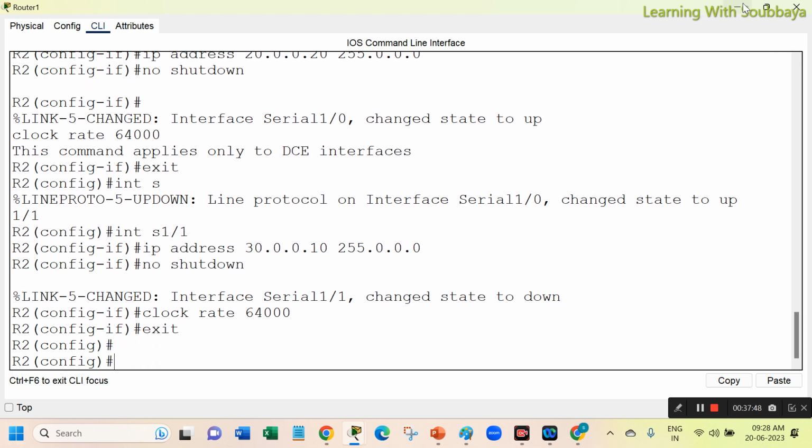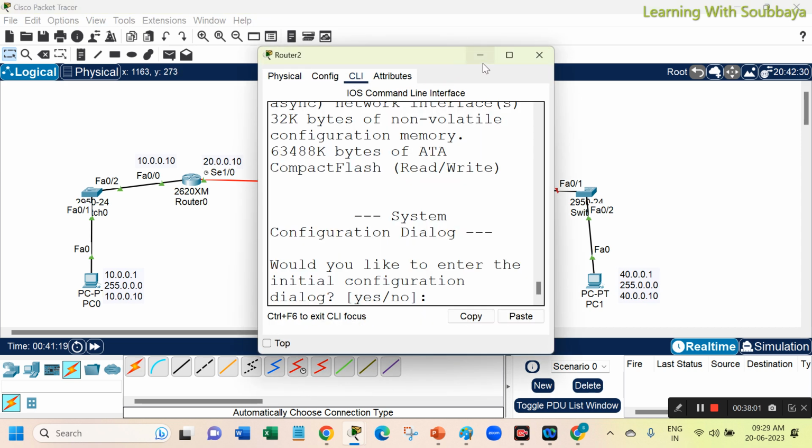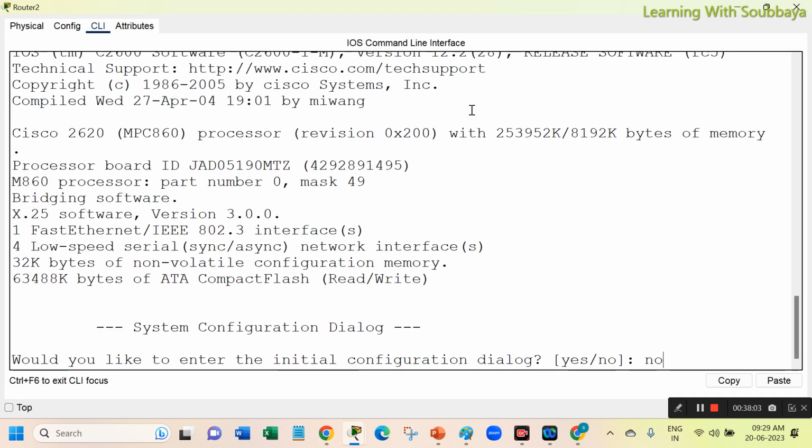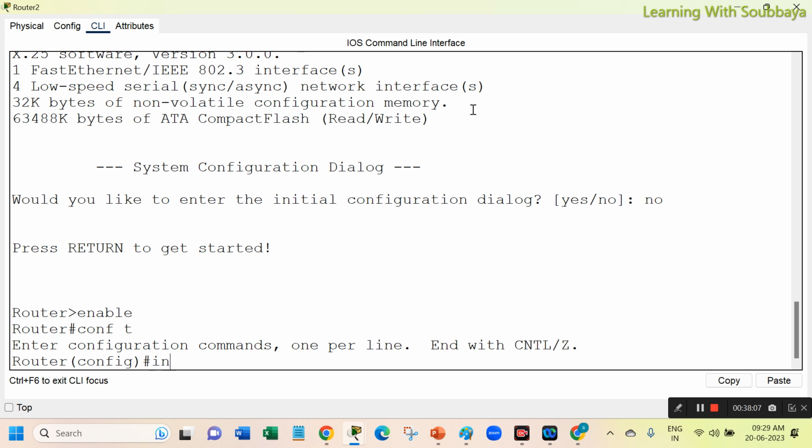Configuration for the R2 router is done over here. Next, the R3 router: I can configure 30.0.0.20 for serial 1/0, and 40.0.0.10 for fa0/0. This interface I need to configure. Okay, go to the router here. No command. Enable. Config t. I can configure the host name also. Host name